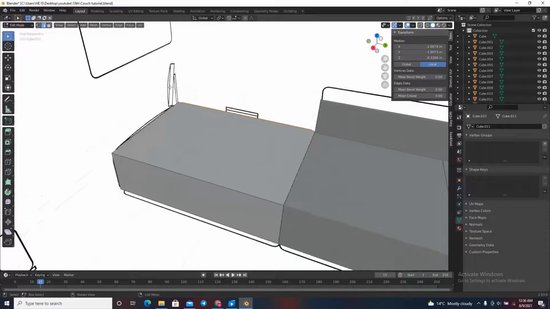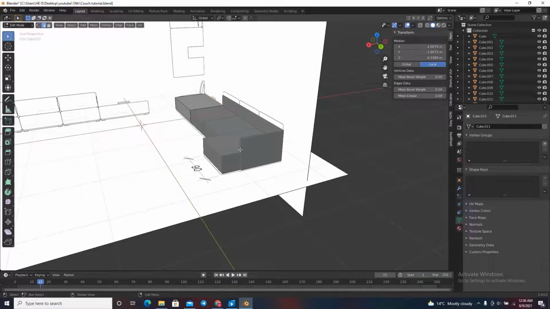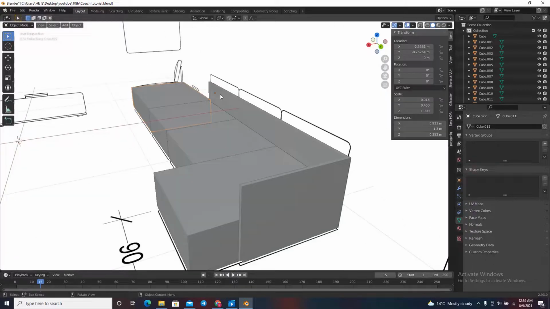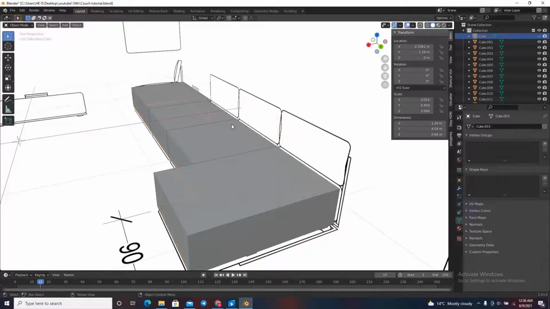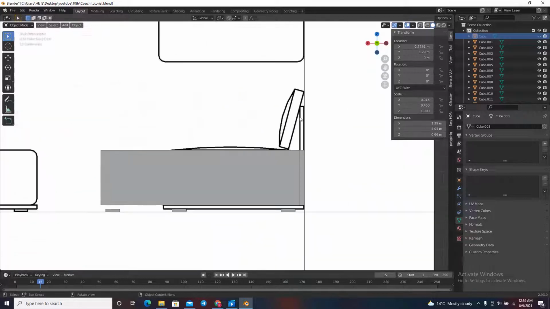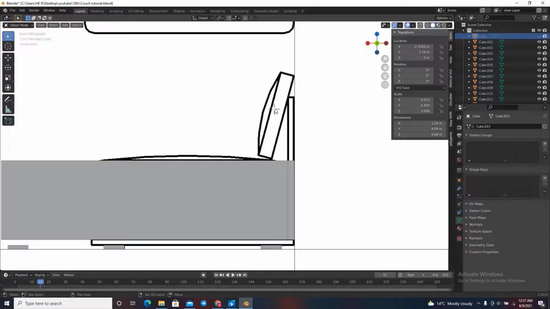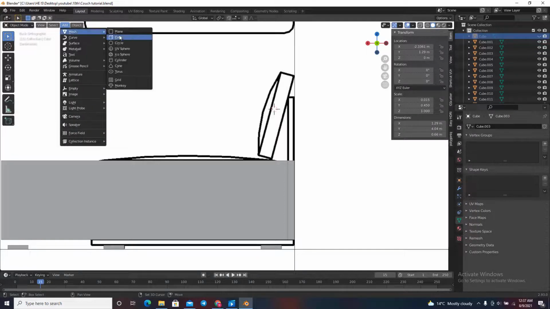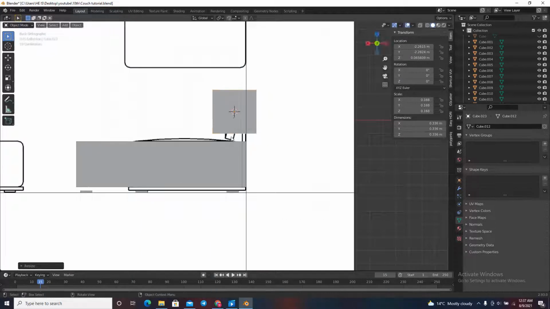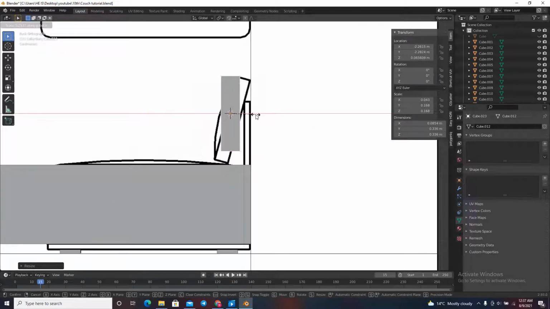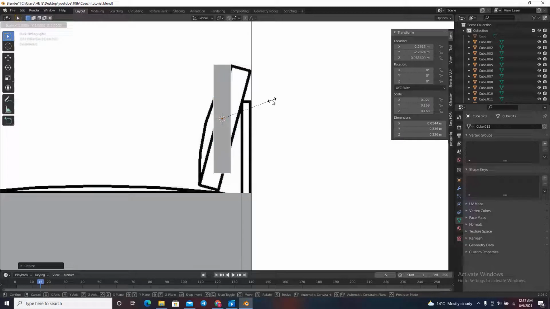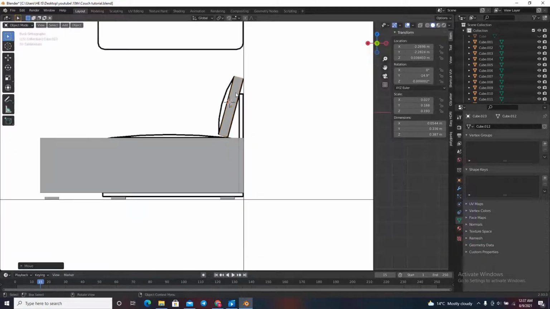So the next thing is let's model the cushions. For this case, I'm going to go to the object mode again, select this object, press H to hide it so that I can see clearly. So press Shift right click right here to add the cursor right around it. Just go to add mesh and then cube, press S to scale the cube, press SX to scale it in the X axis, press SY to scale it in the Y, and the Z. I think right around here will be good, right? So this is the dimension of